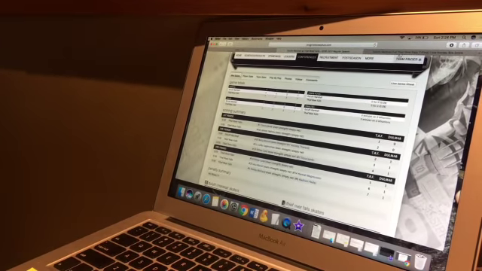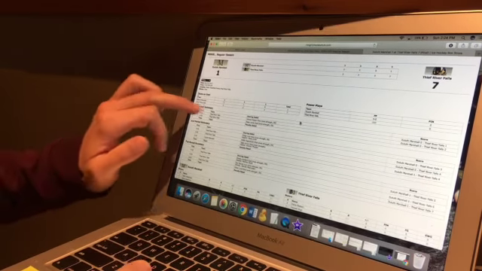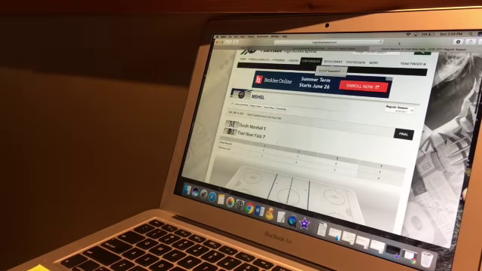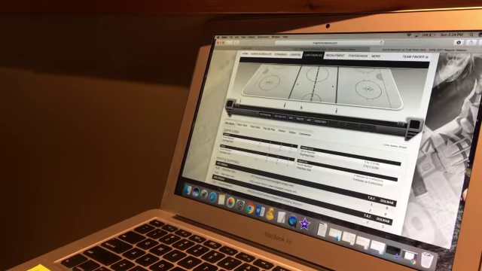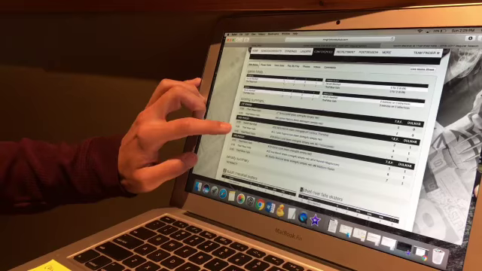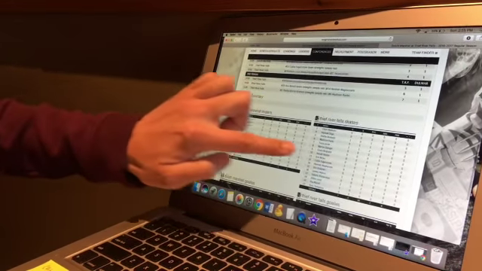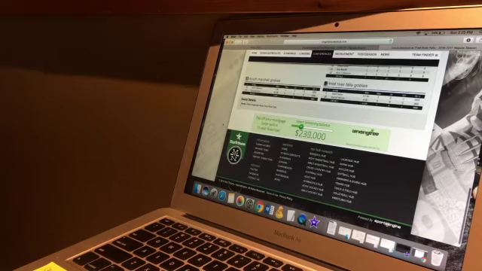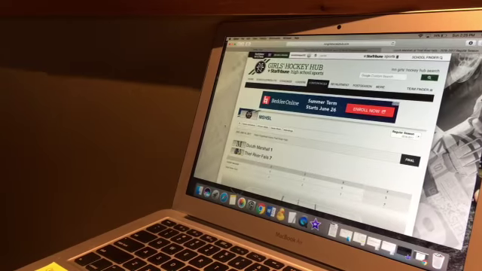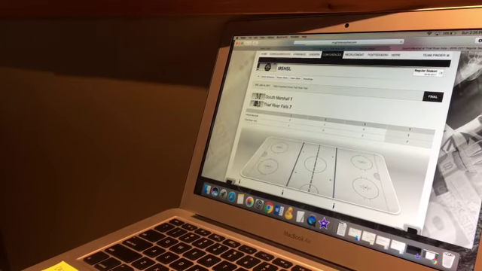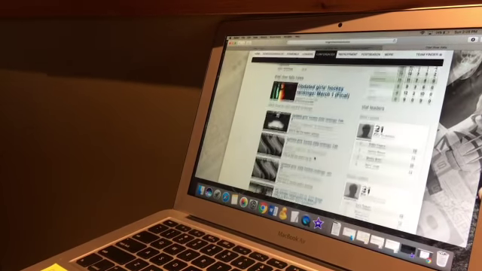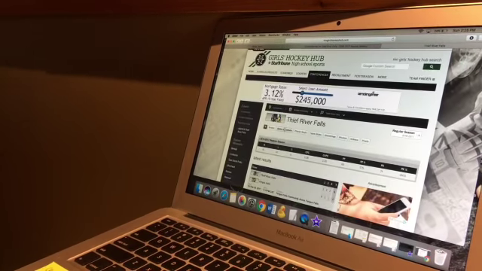So you go from your live game stats, where you enter everything in, and then you click through to your final, which now becomes universal, and everyone can see it. It produces scoring summaries, your individual players, your goalie summaries, and then that goes back into your team page, which is where you then see your